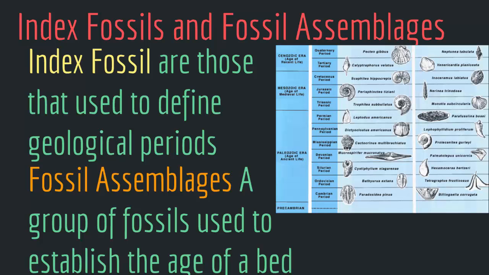Then we have fossil assemblages. Fossil assemblages are a group of fossils used to establish the age of a bed. These fossils or fossil assemblages come in a group. They exist together and they are used to establish the age of a bed. So we have index fossils and fossil assemblages. And with this concept, we come to the end of our lecture. So to recap,